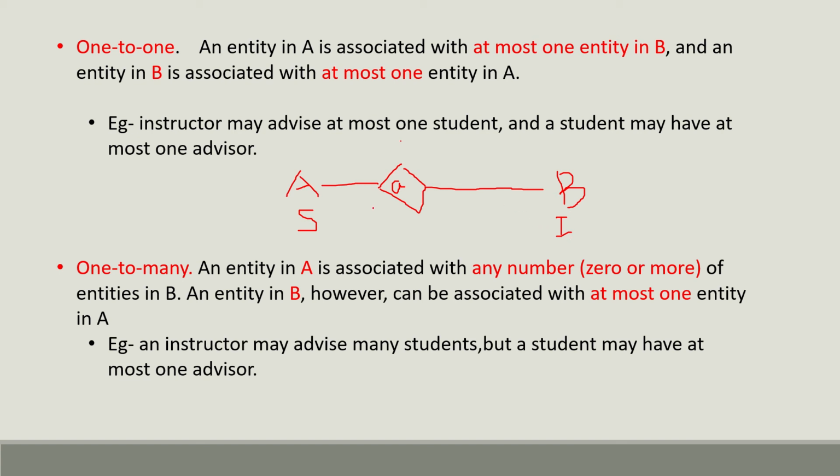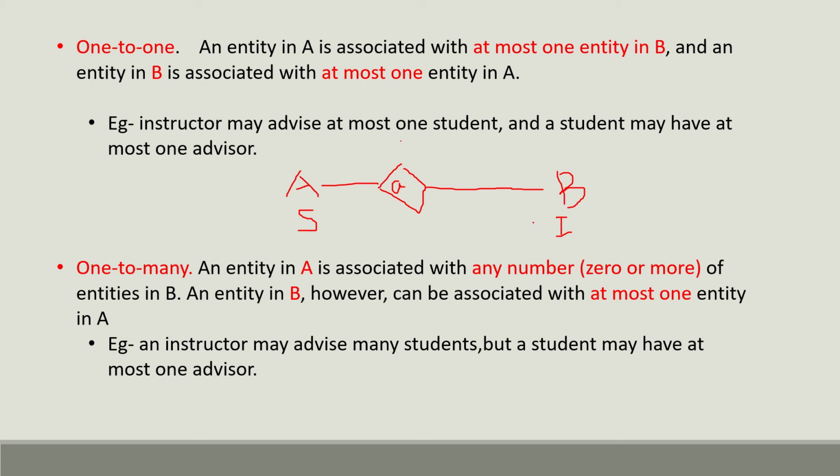The relationship is taking as advisor. If you are taking any one advisor, any one instructor, he has many students. He may be the advisor of many students. Here I am taking an example of our college. Suppose I is the set of all the instructors from the MCA department, and S is the set of all the students in our college, I mean in the MCA department.